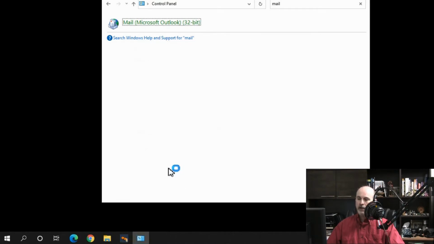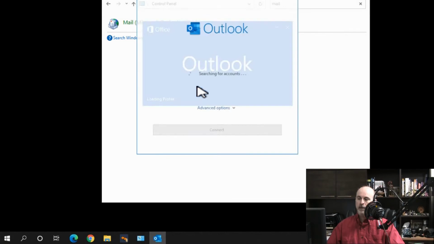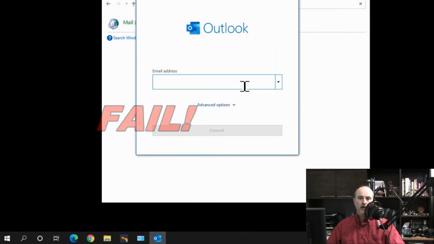So I'm going to hit OK, and so in theory we should be able to just open Outlook and it works. Well, let's have a look here. We're opening Outlook, searching for accounts, and it wants us to create an account. That's not good. So even though we told it, yes, create a profile with no email account, it's still forcing us to create an account to move forward.